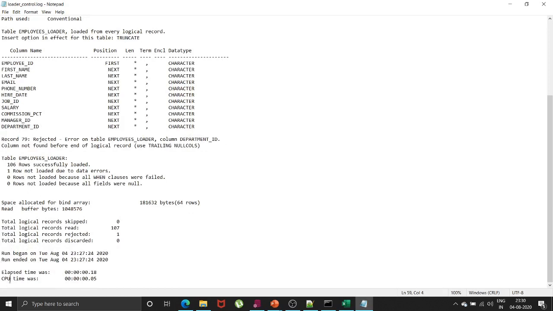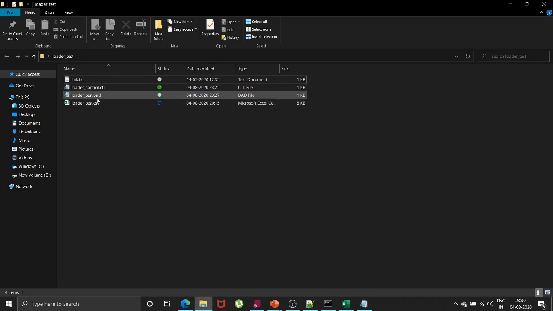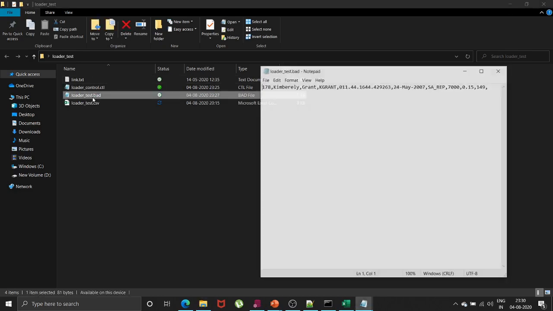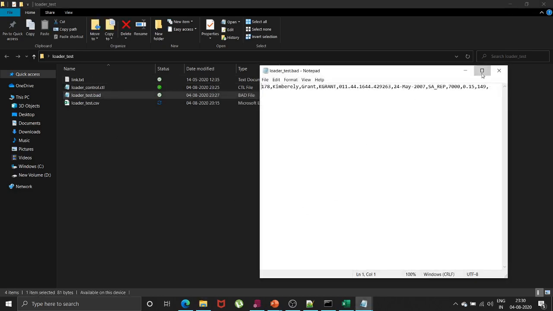You can also see the total time, the CPU time, which was in milliseconds. If you had done this work through insert statements, it would take some time, but through SQL Loader it was very fast. Now we will see why our one record failed and what our bad file has.